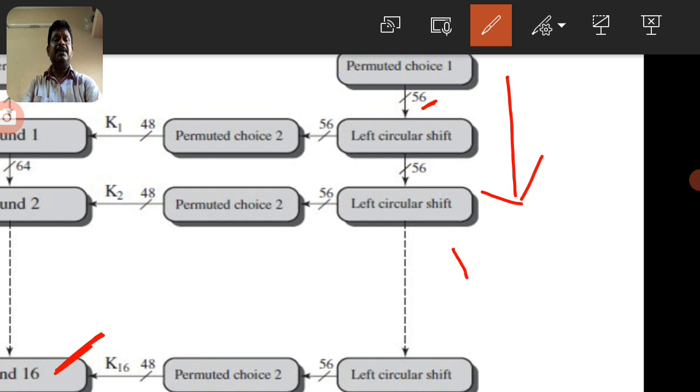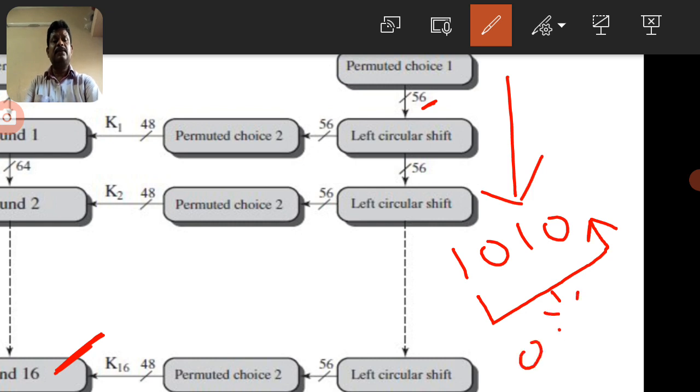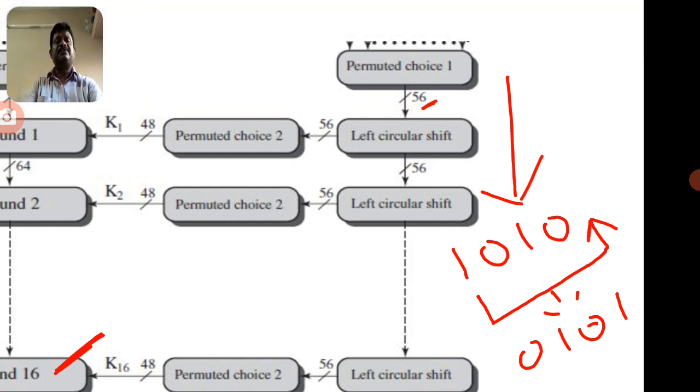Suppose for example 1010 is the bit pattern. What does the left shift operation do? The left side bit is added to the right side. So the data becomes 0101. So the data will change to 0101 when we consider the left shift operation. Similarly, the left circular shift operation is applied, and we can shift some number of bits. That data is the 56 bit data,